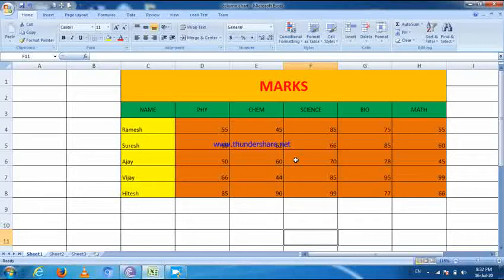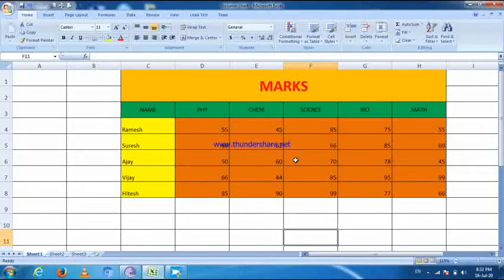Good morning friends. Today we are going to learn creating charts in a worksheet. In previous sessions we have discussed the charts. There are four commonly used charts: column charts, bar charts, line charts and pie charts. So today's session discusses creating a chart. Then one by one you can follow the steps.